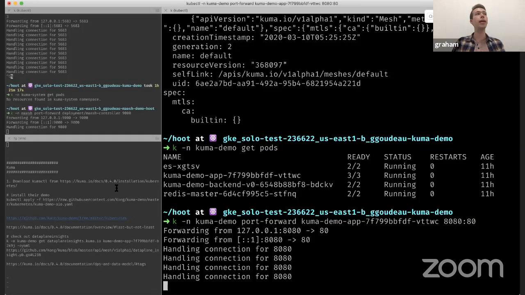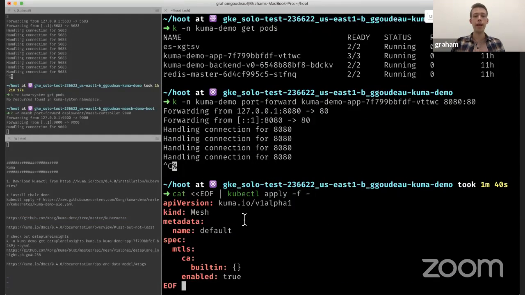And to get into a little more detail, Kuma is going to auto-generate a root CA that's going to distribute to the proxy instances. You could provide your own cert if you wanted, but this is just using a built-in cert generation functionality. So if we come here and we actually apply,